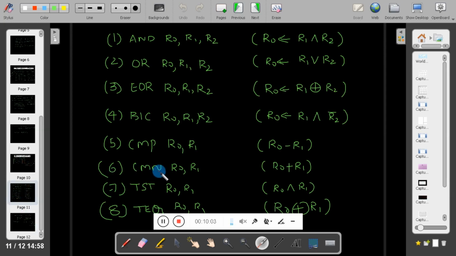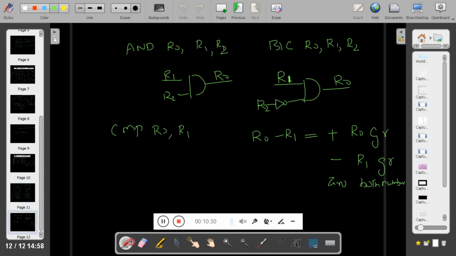Next one is compare negated. It will compare two operands or two numbers, in which one number is the 2's complement of the number. Suppose I write CMN, compare negated, R0 and R1, then R1 is the 2's complement of the number.